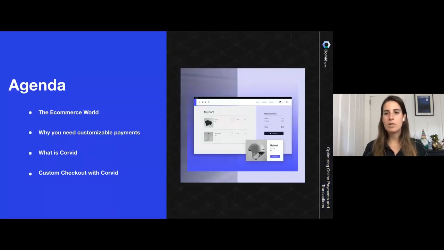Today's agenda is that we're going to take a look at the state of the e-commerce world today. A lot has changed in 2020, and we're about to enter into 2021. And the future is still pretty uncertain at this point, right? We don't know when